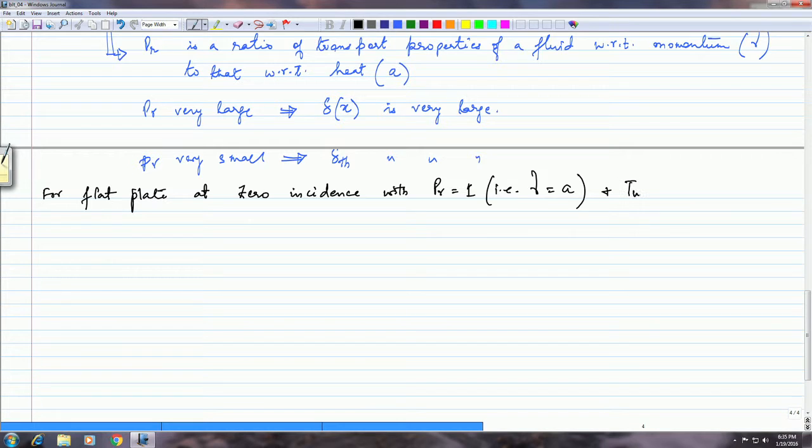And we had a boundary condition. So the wall temperature, we are going to use this, okay. Then the differential equations, okay, then